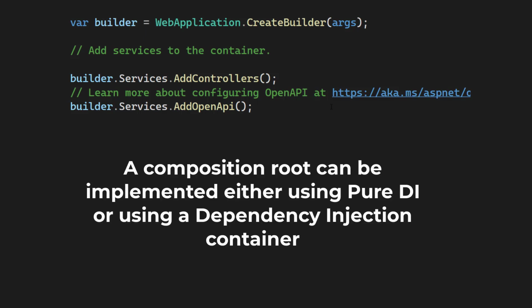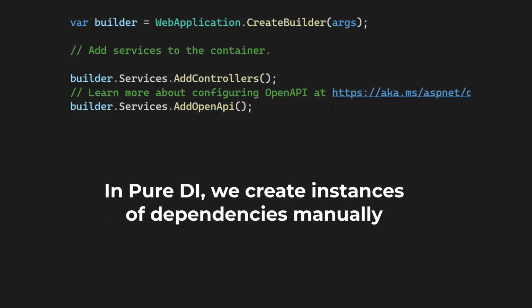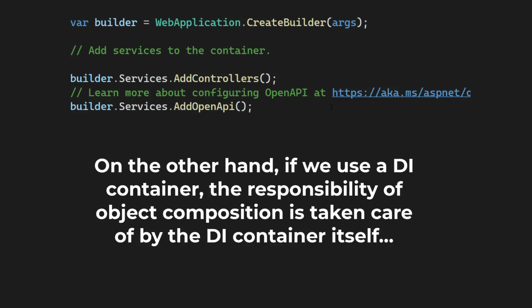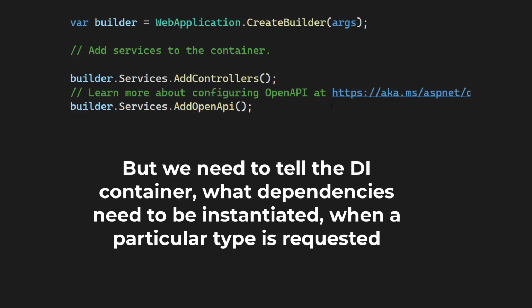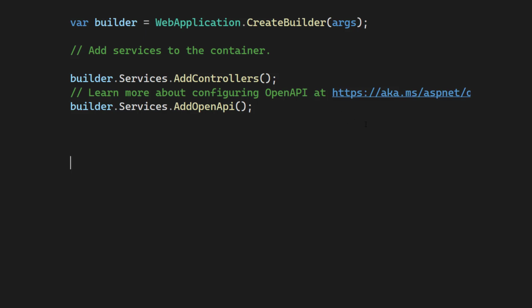A composition root can be implemented either using pure dependency injection or using a dependency injection container. In pure dependency injection, we create instances of dependencies manually. Whereas if we use a dependency injection container, the responsibility of object composition is taken care of by the dependency injection container itself. But we need to tell the dependency injection container what dependencies need to be instantiated when a particular type is requested. So for example, we can say